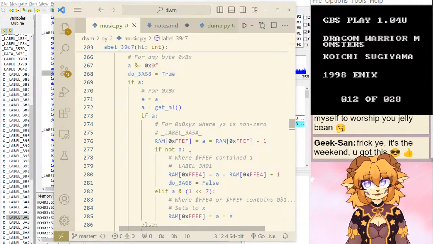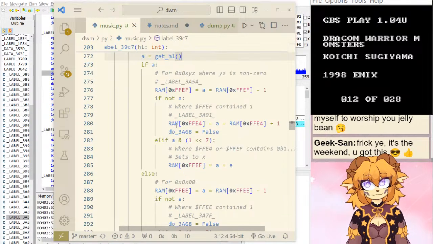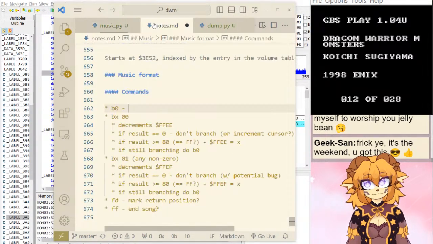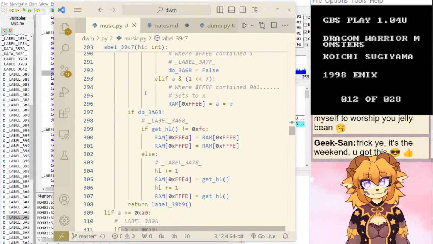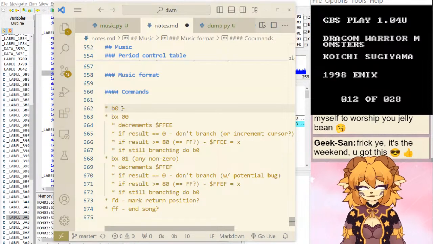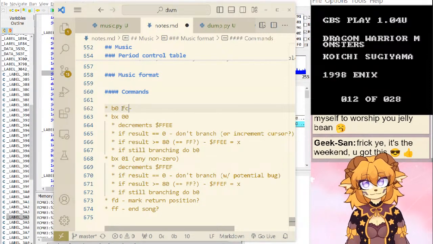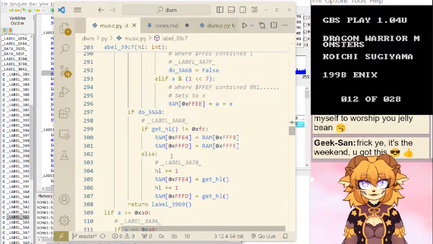So if the next command, this one, not FC. So I guess we have a difference between FC and not FC here.